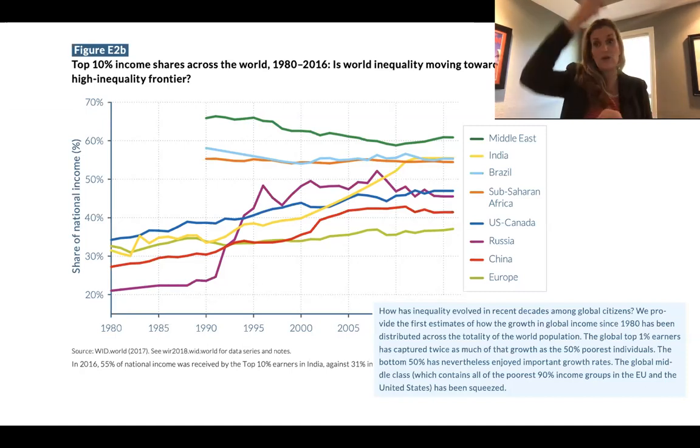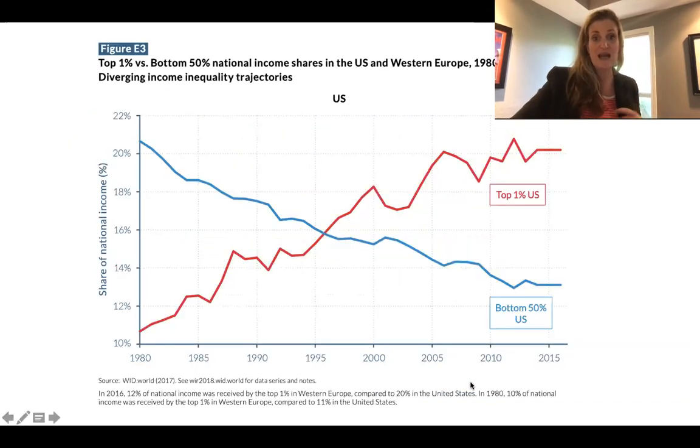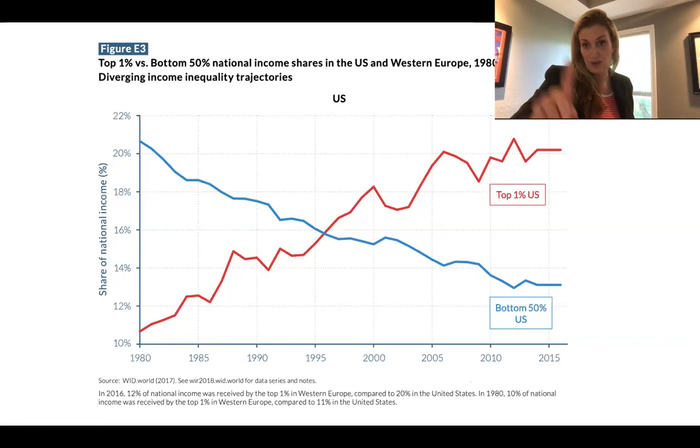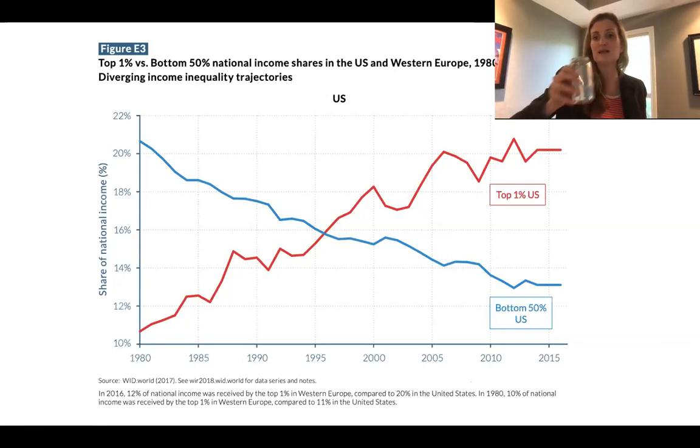A lot of this wealth upwards, the top 1%, is coming from productivity among the middle class, but not wage increase to match that productivity. We're going to see that here. Oh my gosh, this graph blows my mind. The top 1% versus bottom, so the richest 1% versus the bottom half, national incomes in the US. This graph here is just US. We're going to look at Western Europe in the next slide.